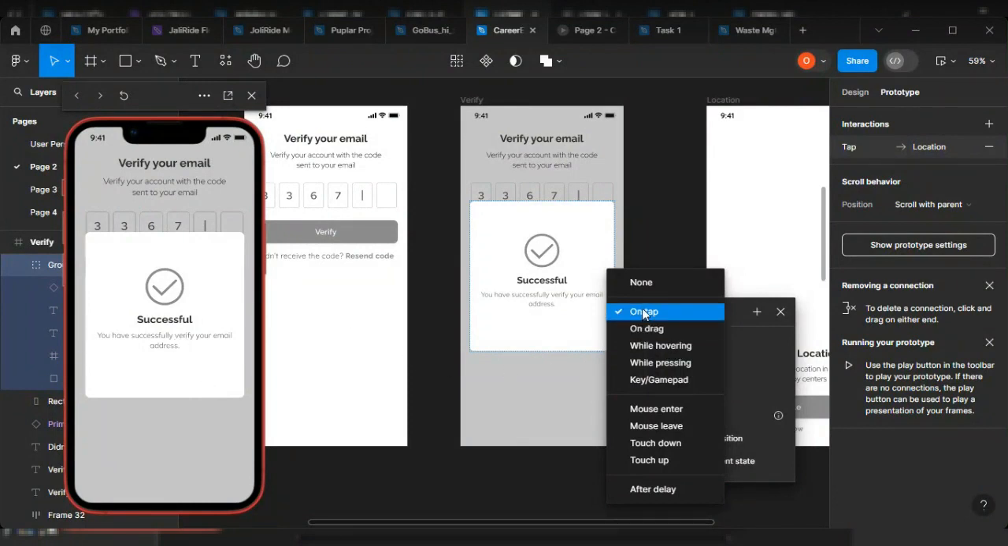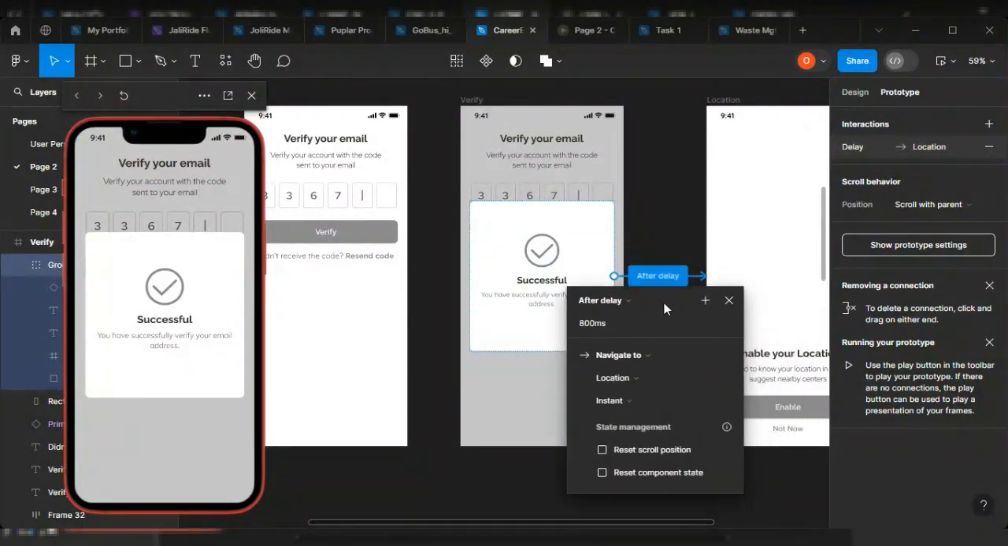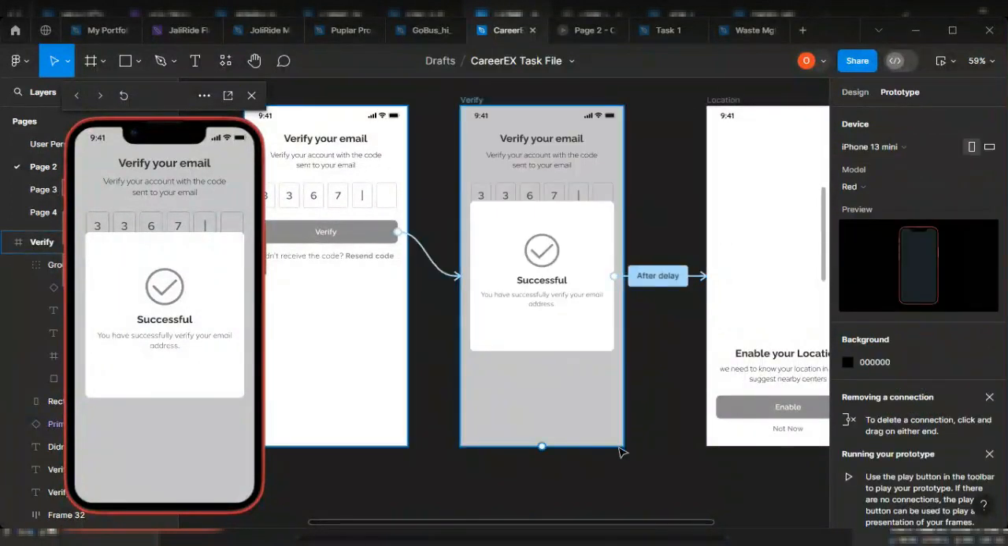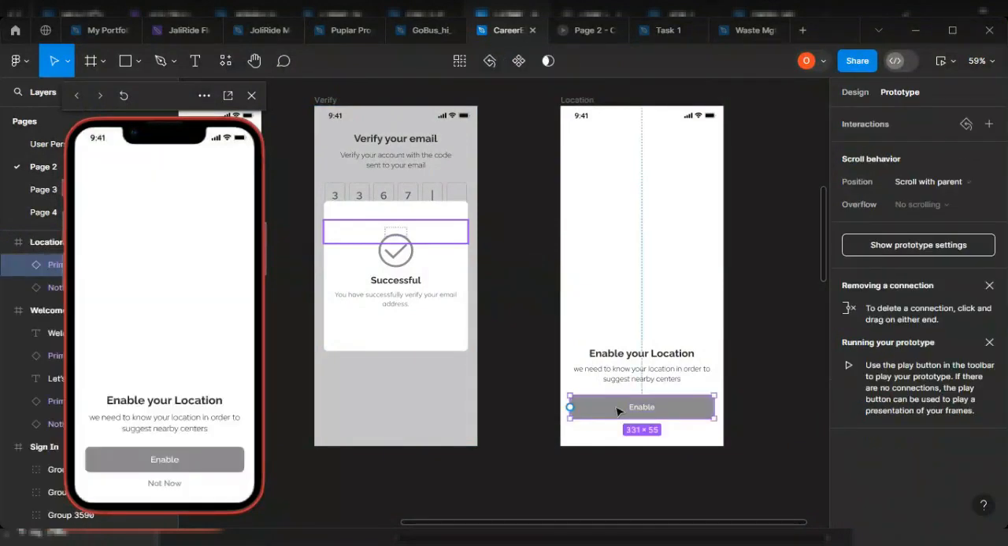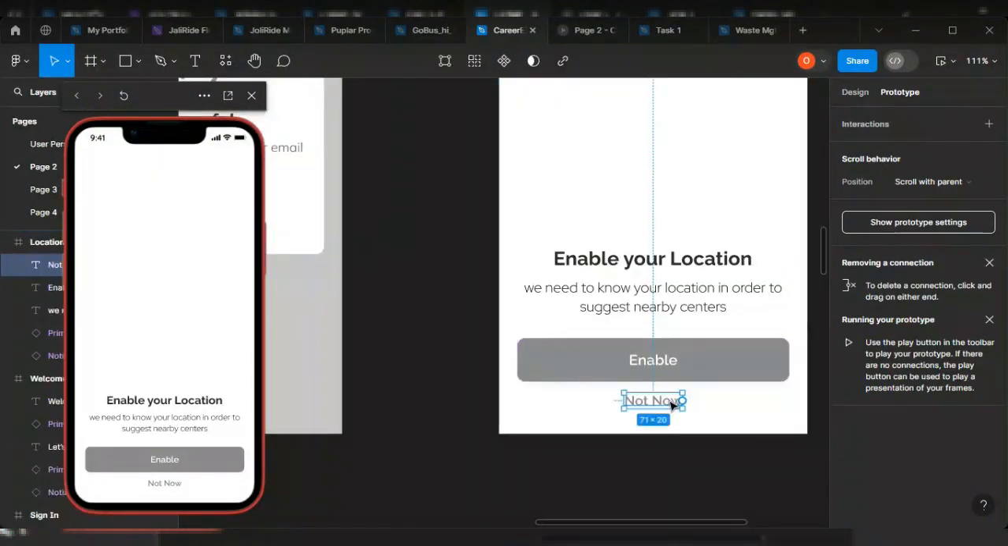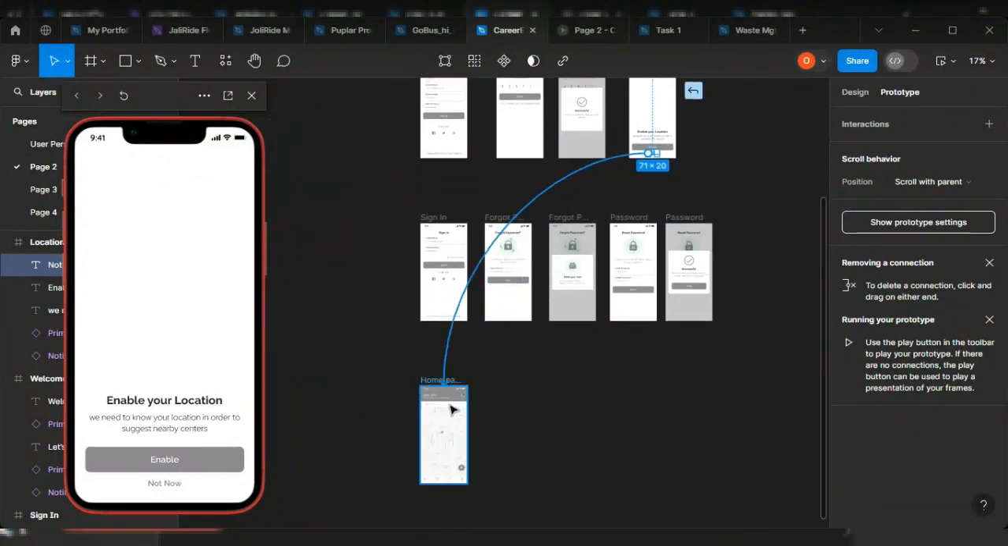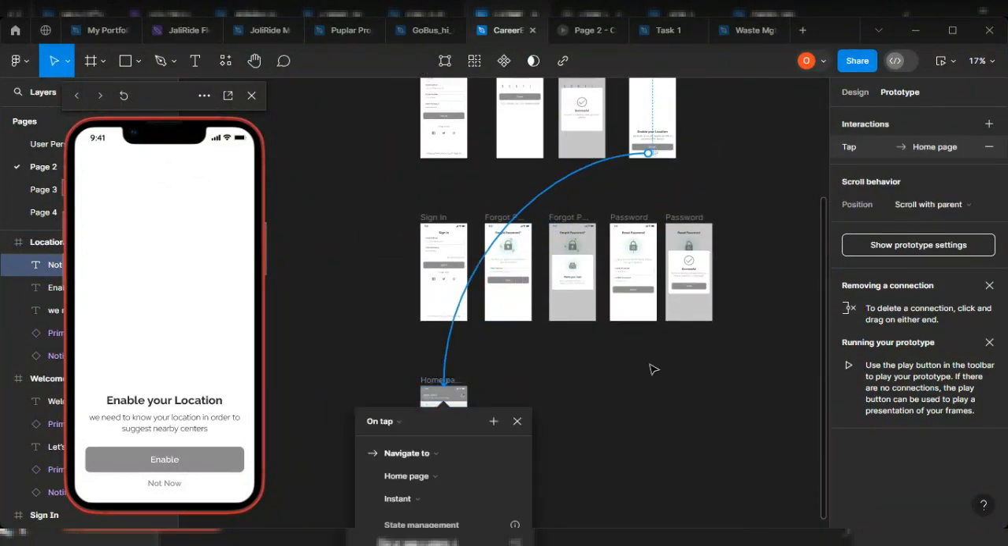So I'm going to move from on tap to after delay. Once I move to after delay, I'm going to make it 1000. Sorry, let me clean it and type 1000 milliseconds. You can choose to put it in capital letter, you can choose to put it in small letter. So this is what we have. And then the next we have is enable. You can choose to enable, or you can say not now. So let's move not now to home page. So once I move not now,